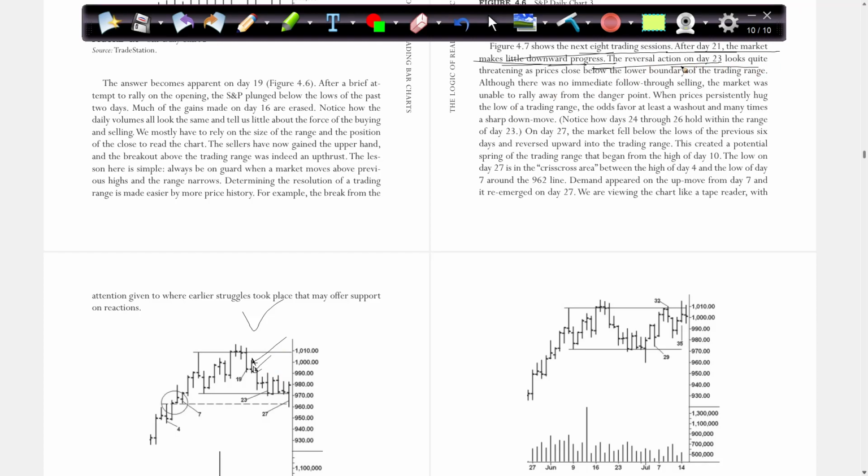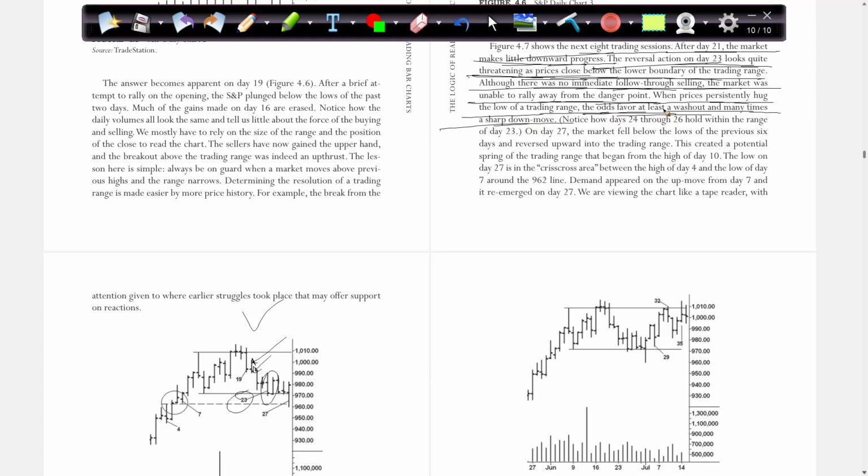The reversal action on day 23 looks quite threatening as prices close below the lower boundary of the trading range. Although there was no immediate follow-through selling, the market was unable to rally away from the danger point. When prices persistently hug the low of our trading range, the odds favor at least a washout and many times